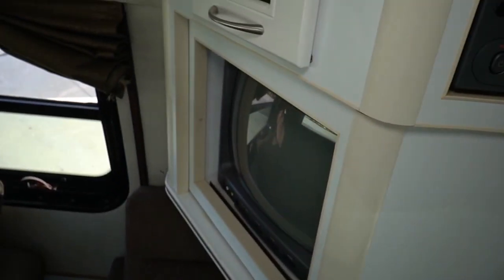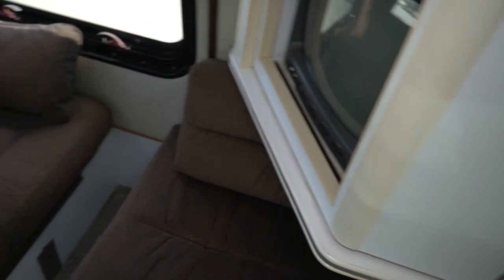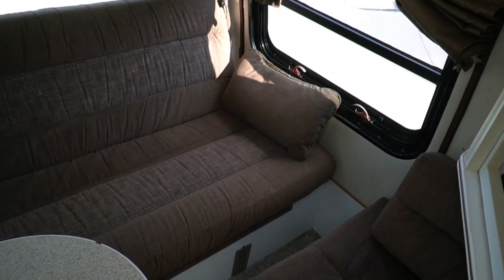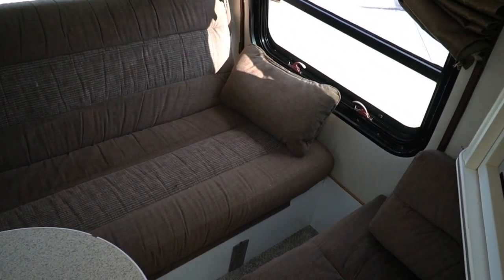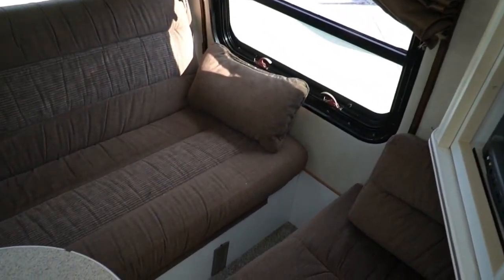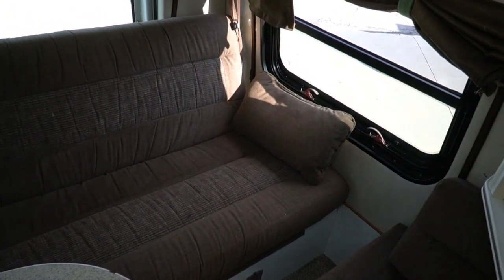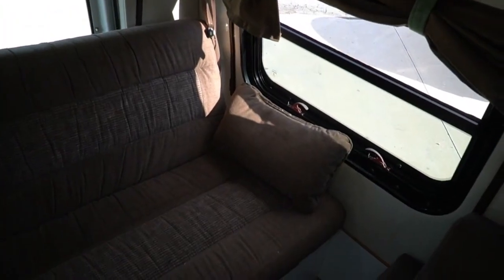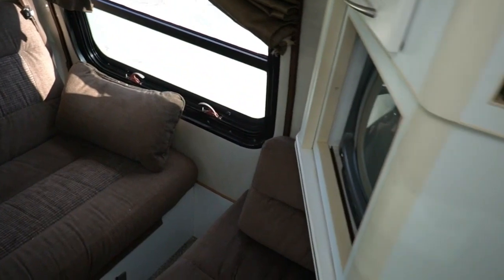You've got a little small TV. You've got a VCR. Of course, I'm sure you can hook up DVD, Blu-ray, Chromecast, you know, whatever you want, as long as there's the right hookups. And even if there's not, guys, one thing I've learned, I've modified my van. My van's got this old style TV, but it's still got all those other things too, thanks to some adapters I bought on Amazon. You can get RCA to HDMI adapter, put in pretty much whatever you want. They're only like 20 bucks. So, anyway,